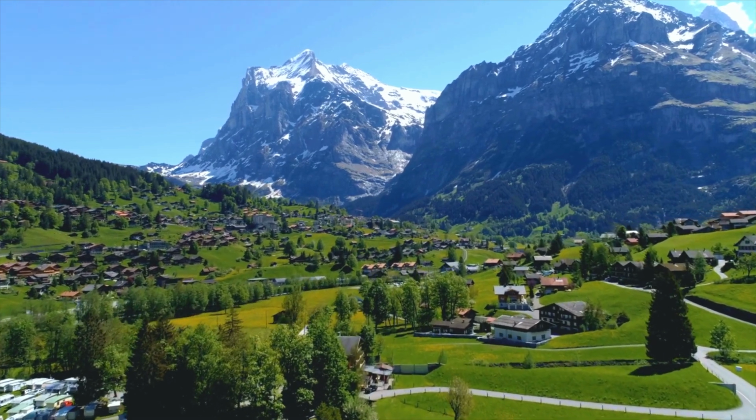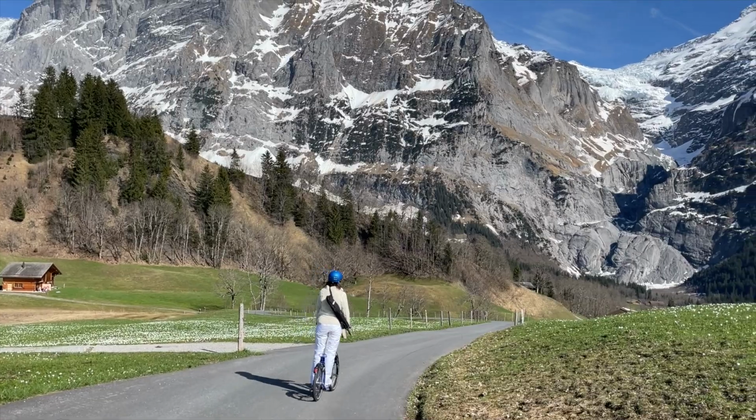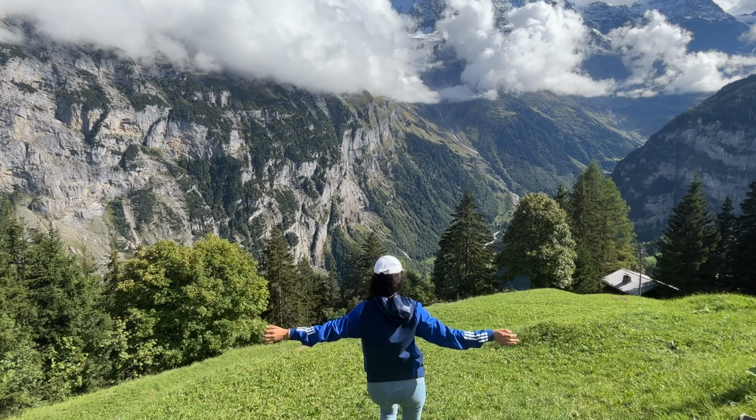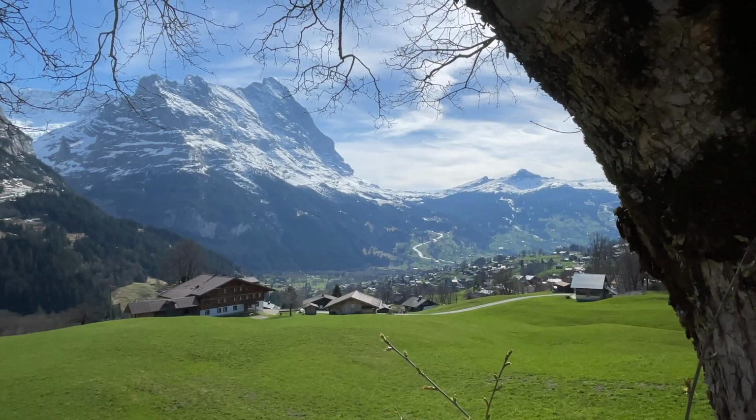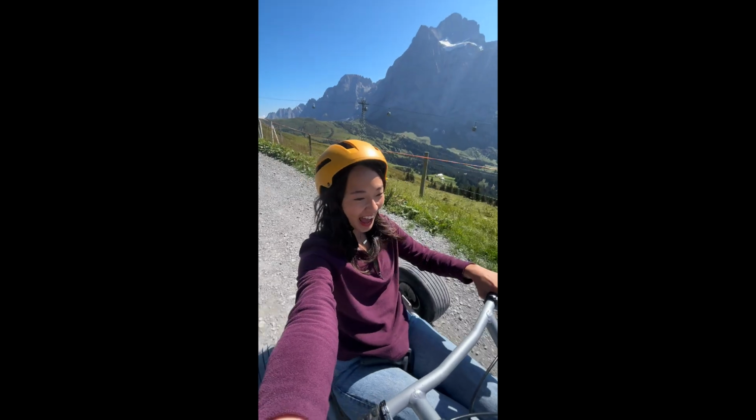Welcome to Grindelwald, where adventure meets breathtaking beauty. Whether you're a thrill seeker or a nature lover, this charming alpine village has something for everyone. In this video, we're counting down the top 10 must-do activities in and around Grindelwald that will make your time